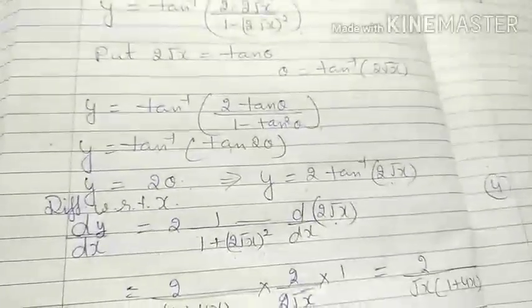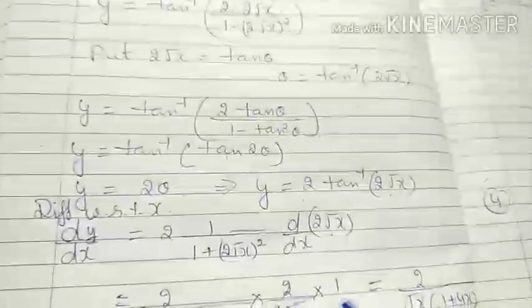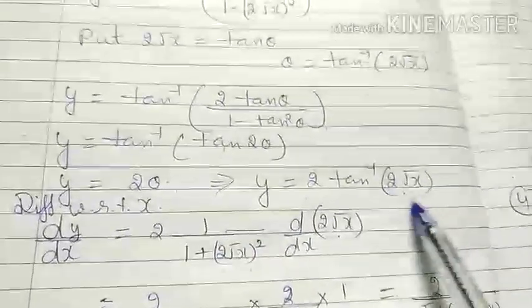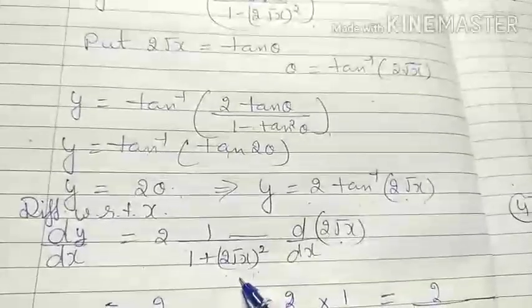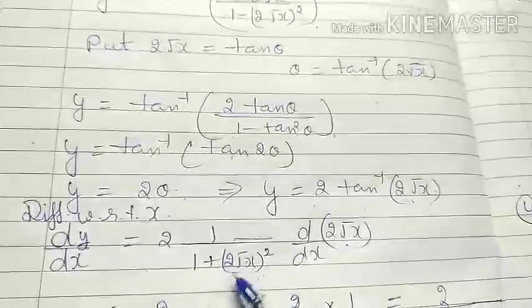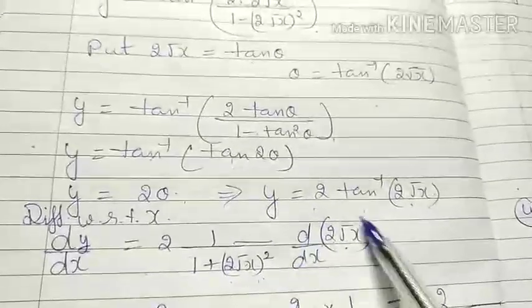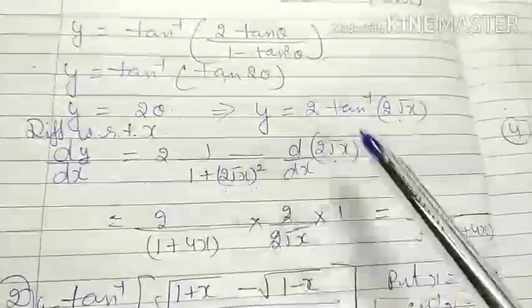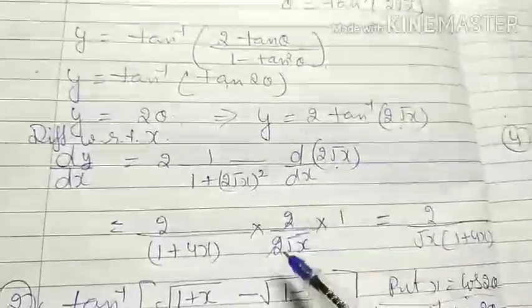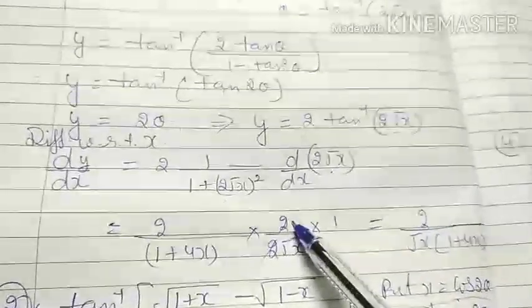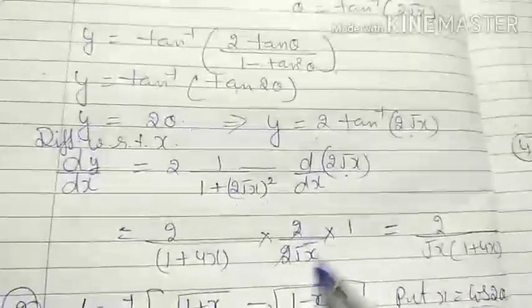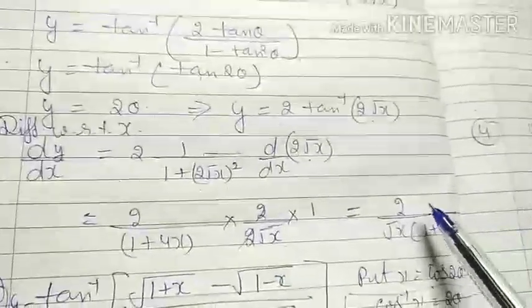So now you differentiate only the tan inverse part. Differentiation of tan inverse x is 1 upon 1 plus x square. So whatever is present in place of x, you just directly keep under x square, that is 2 root x square, and further the differentiation of the function 2 root x. That is now free from differentiation; only 2 root x has to be differentiated. For 2 root x, 2 is a constant term, keep it as a numerator. The differentiation of root x is 1 by 2 root x. 2 is cancelled, and my final answer is 2 upon root x into 1 plus 4x.